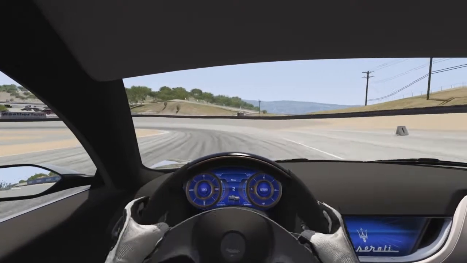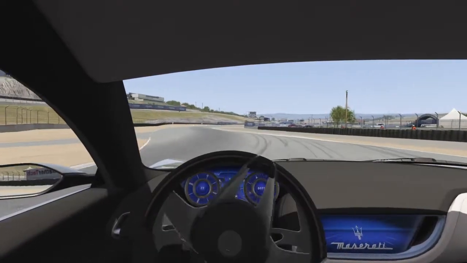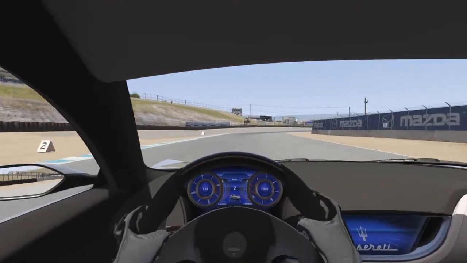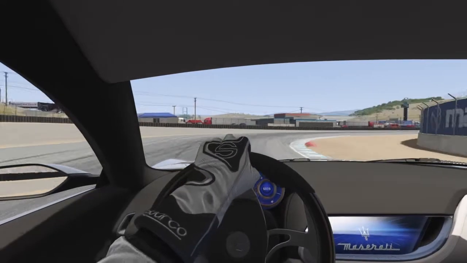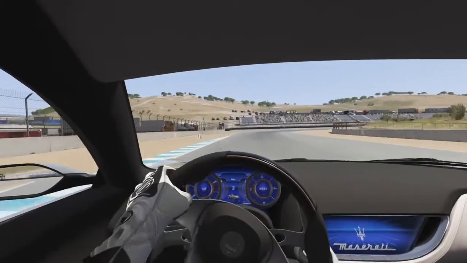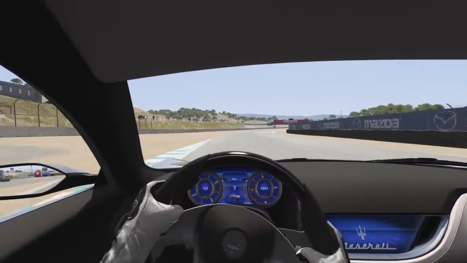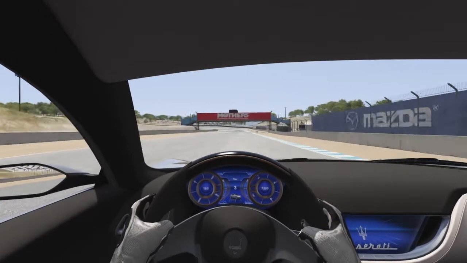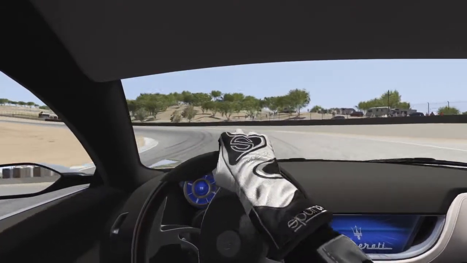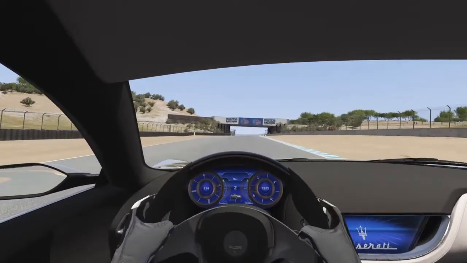Let's see how this handles. Like all the other cars, I just drive it bone stock, nothing done to them. Oh. Handbrake works. Likes to kick out. Here we go. A drift car is born, ladies and gentlemen. Don't have a clutch though. Also, not the best track to slide on, but